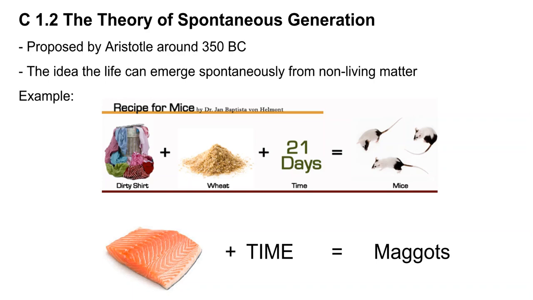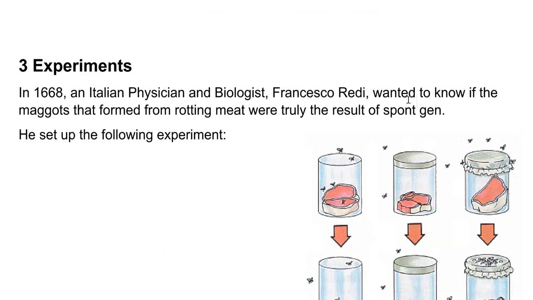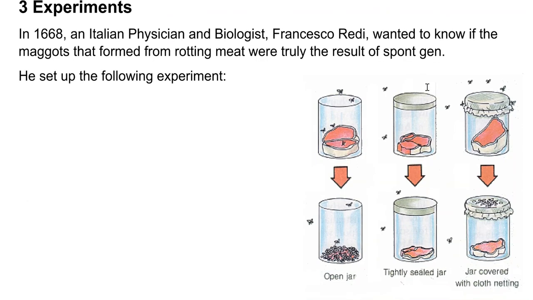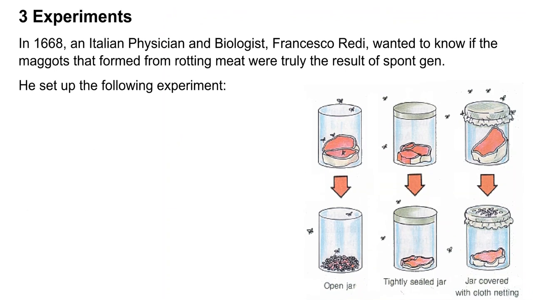People's understanding was largely based off of what they could observe about the universe or what other people have observed about the universe. And the idea of maggots coming from flies hadn't necessarily been observed yet. So we're going to talk about 3 experiments that were really crucially important in being able to refute the ideas of spontaneous generation. And the idea of the microscope is going to become really important here in a little bit in the third experiment.